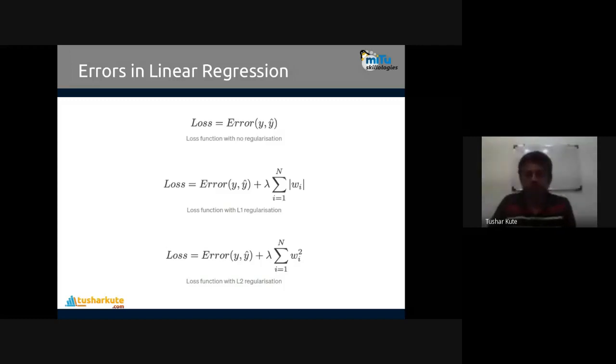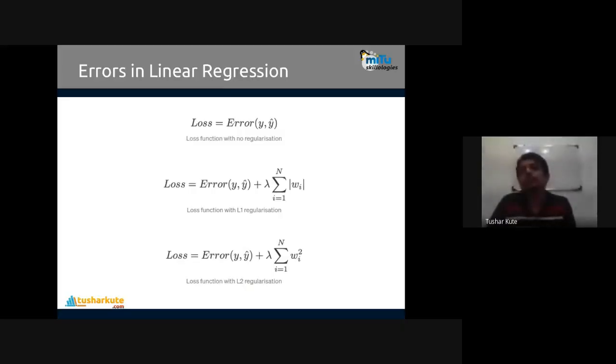If you add this term, the loss will be minimized, and this method is used to solve the problem of overfitting. Overfitting is where the training data works 100%, but the testing data does not have accuracy. To minimize that loss, regression methods are modified with the help of L1 or L2 regularization.